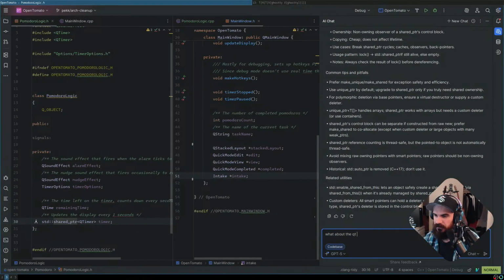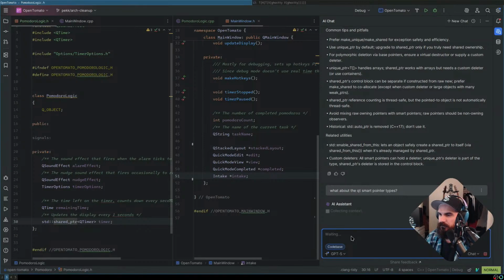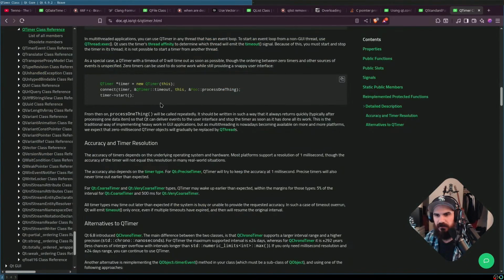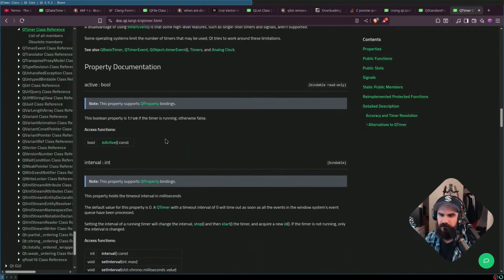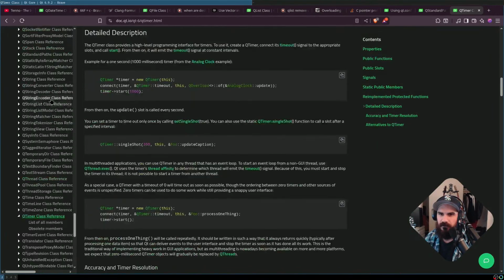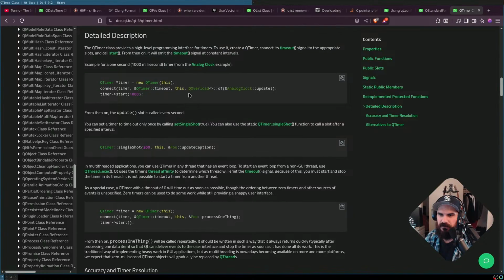What about the Qt smart pointer types? Because I think Qt has a managed pointer, and I don't remember what it's called. But why isn't that in the Qt documentation? This is the right version. It is Qt 6.